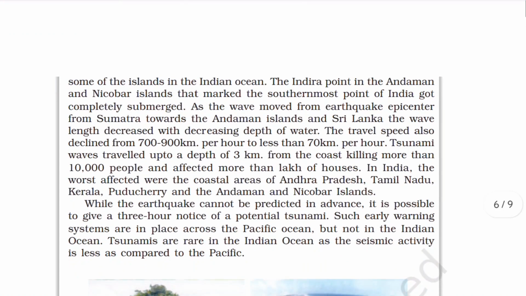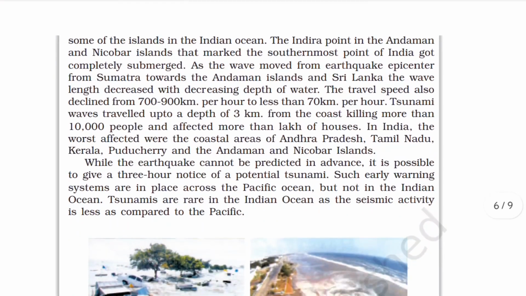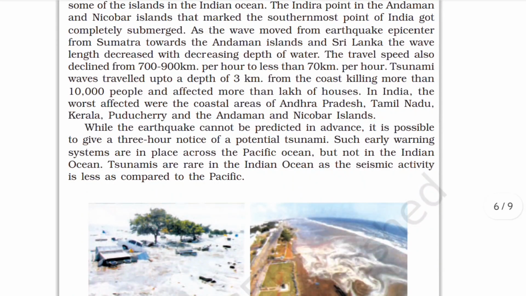Wavelength decreased with decreasing depth of water. The travel speed also declined from 700 to 900 km per hour to less than 70 km per hour. Tsunami waves traveled up to 3 km inland from the coast, killing more than 10,000 people and affecting lakhs of houses. In India, the worst affected areas were the coastal areas of Andhra Pradesh, Tamil Nadu, Kerala, Pondicherry, and Andaman and Nicobar